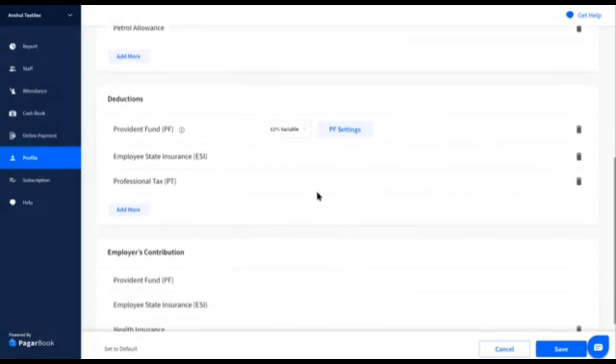Similarly, you can go to Deduction to add the deductions. You will see two boxes in front of the PF column. The first box contains the type of PF, which is either 12% variable or 1800 fixed. Select the appropriate option based on how you deduct your staff's PF. If you pay 12% of basic or allowance as PF,